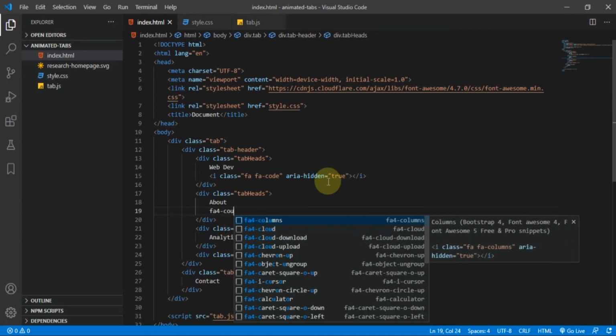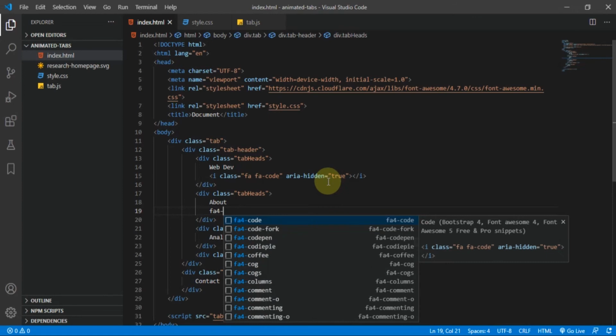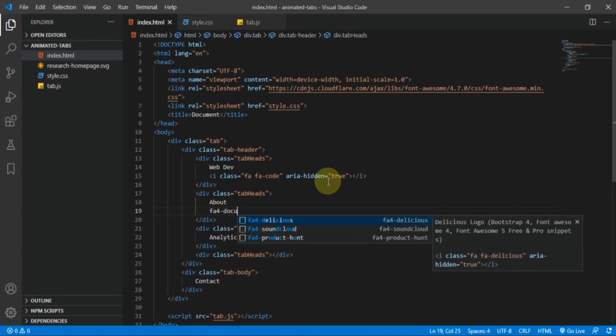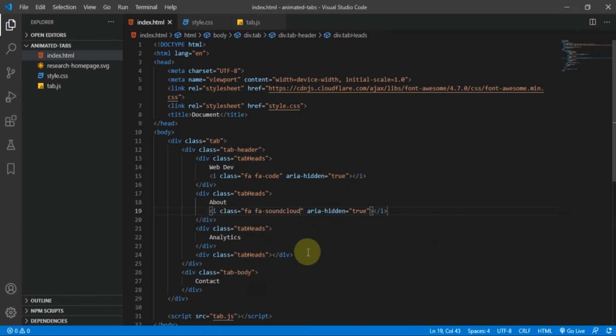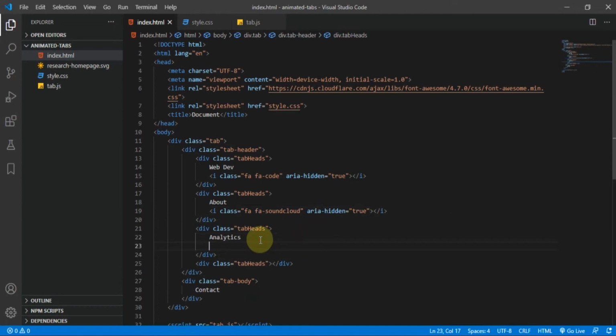Okay, let's try document. I had actually forgotten. Okay, let's just make use of this for the meantime while we check their repository. So the fourth one, which is the next one, is analytics. Okay, we have analytics. So for analytics, I think we should have